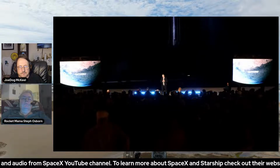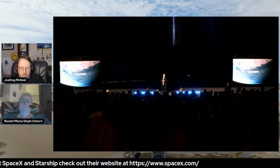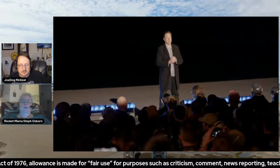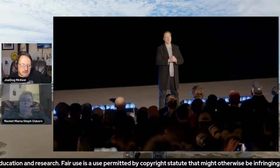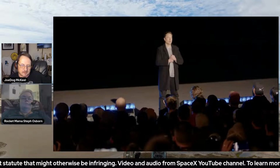From a cost standpoint, one of the things we're working on is making methane from the atmosphere; they're actually going to scrub CO2 out of the atmosphere. The marginal cost of fuel may be as little as a few million, maybe even as low as $1 million. So these are crazy low numbers by space standards. RP1, which Falcon 9 uses, is basically purified kerosene. We do have to cover fixed costs, so depending on what our launch rate is, we divide the fixed cost by the number of launches. So the more launches that happen, the lower the total cost of the launches. But I'm highly confident it would be less than $10 million